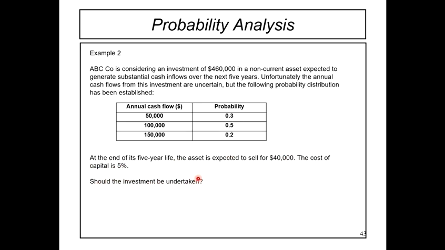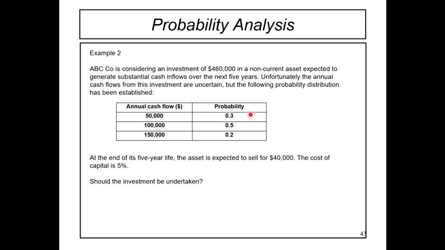Okay, so kalau you tengok example 1 tadi, you kena pilih sama ada project A atau project B. Right now dia tak ada project A atau project B, dia satu saja project. You sepatutnya take it or leave it, itu saja. So bila dia bagi macam ni, okay, again you boleh kira lah EV dia, tetapi you nak compare dengan apa? Sebab kita akan kira for the whole annual cash flow ni. Kita tak boleh nak compare, so kita kena kira NPV. Kalau NPV tu positif, should accept the project lah.